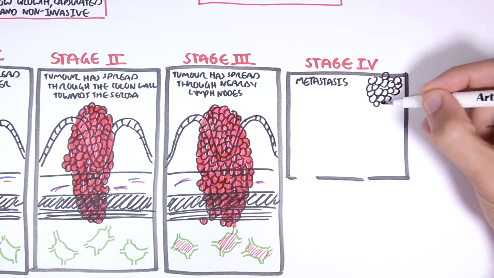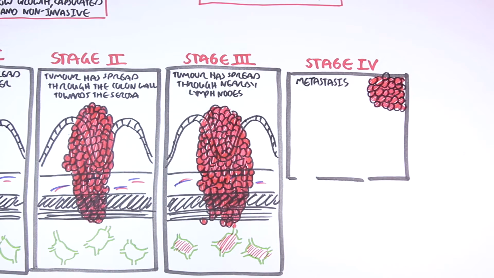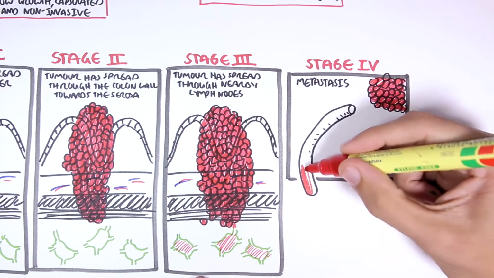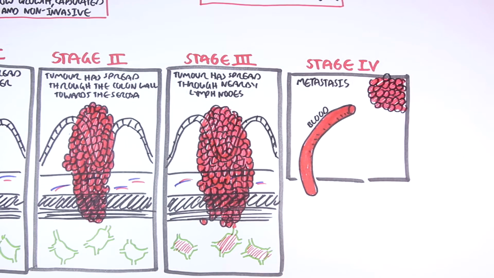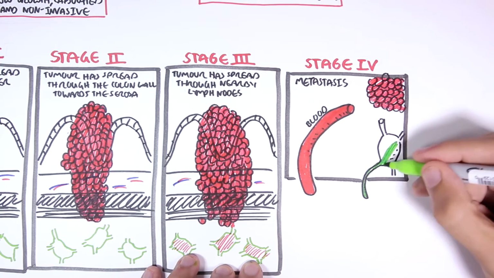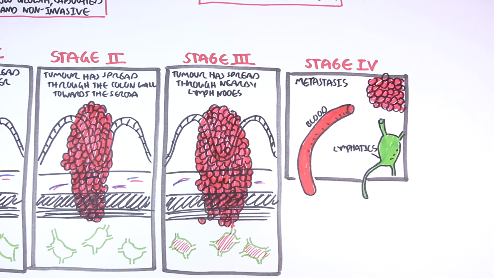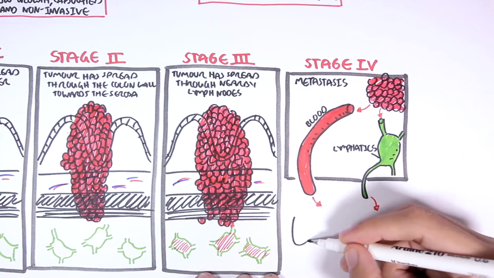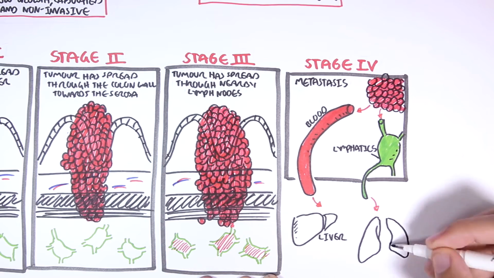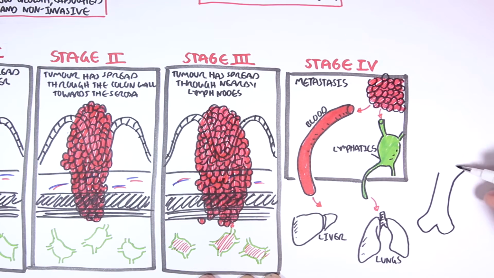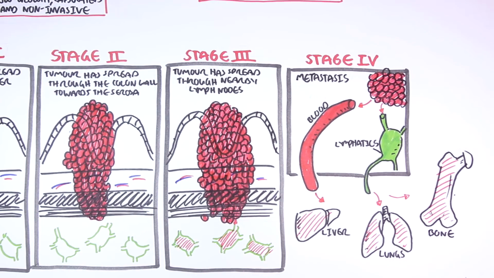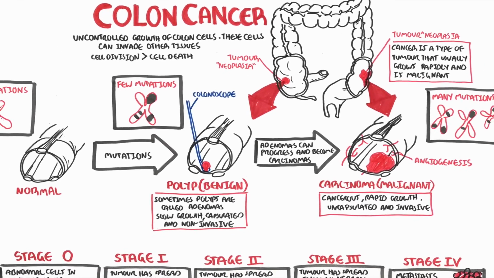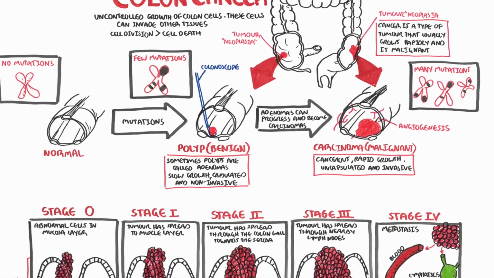This is where the cancer cells have metastasized and have begun invading other tissues and organs by traveling through the blood and lymphatics. The cancer cells can invade other organs, such as the liver, lungs, and bone. And that concludes the video on the colon and an introduction to colon cancer. There will be another video that will look into greater detail at colon cancer, specifically